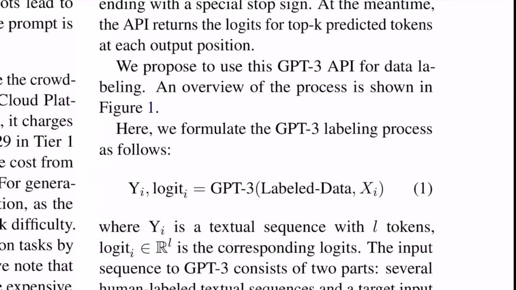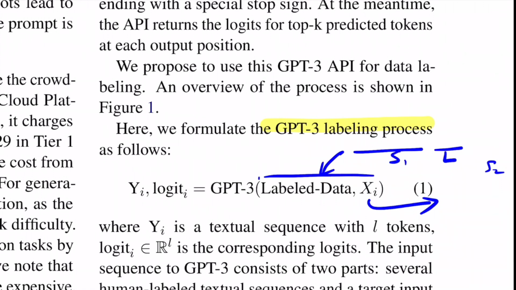So for the first case, where we talk about the GPT-3 labeling process, this is the formal statement. You have a certain number of labeled data, which means, let's say, you have sentence S and then the label L in case of an NLU task. For NLG, you will obviously have sentence S1 and then sentence S2, which is, let's say, a summary for sentence 1. And then you have an unlabeled sample. You pass both of them in a concatenated fashion to the GPT-3 model,